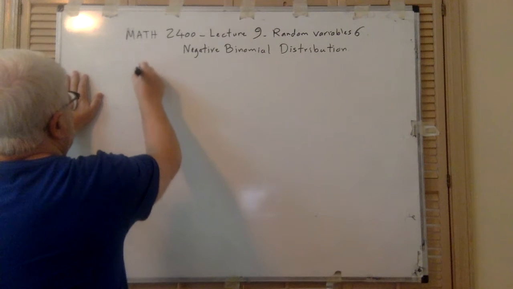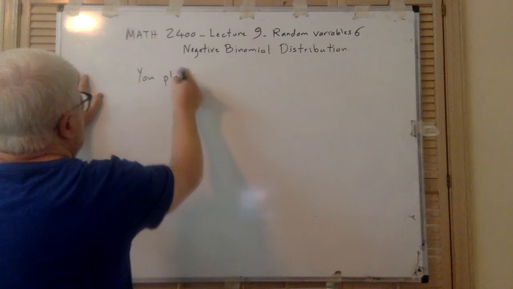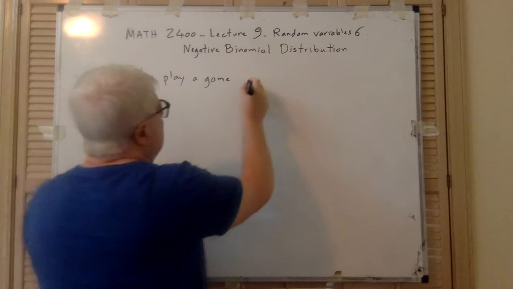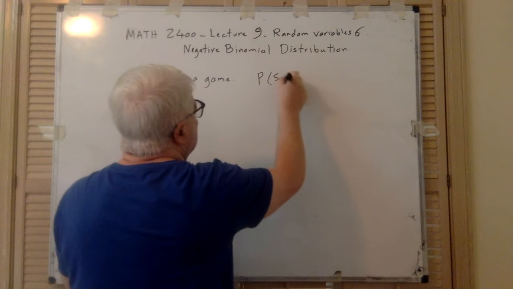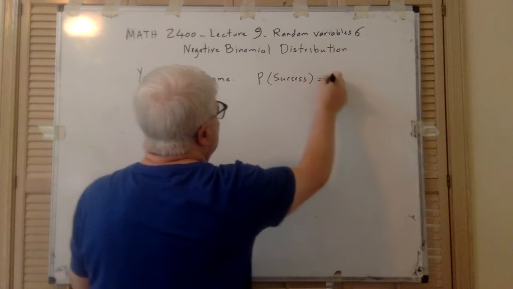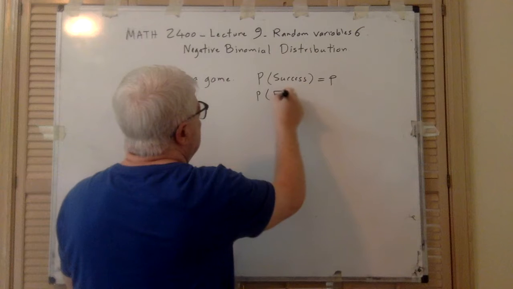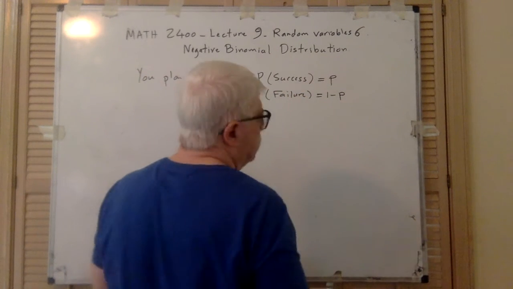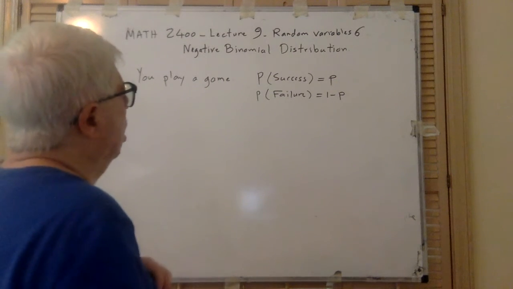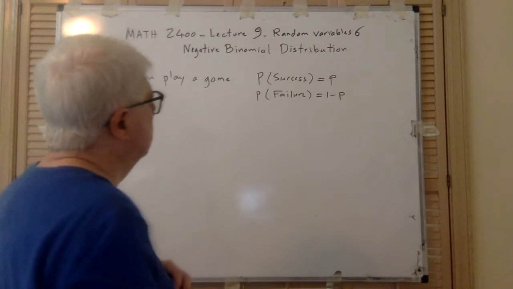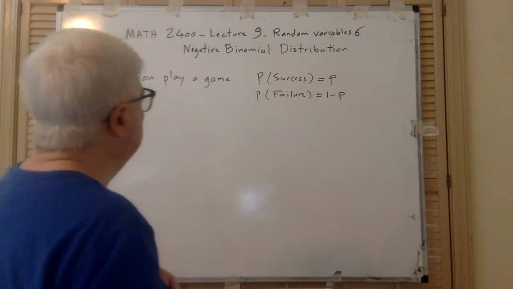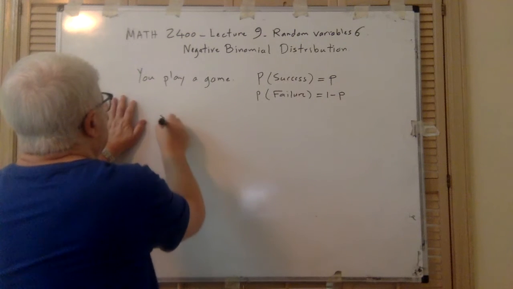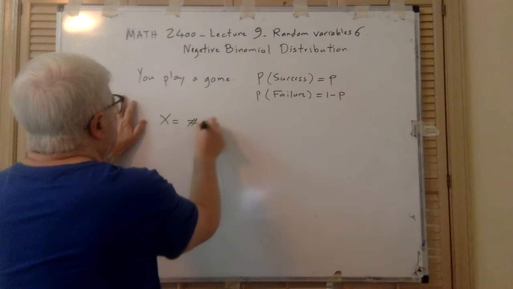So you play a game. The probability of success is P, and the probability of failure is 1 minus P. And that doesn't change. The success and failure probabilities don't change, and you let X be the number of failures